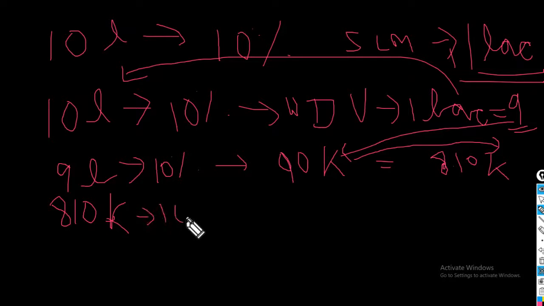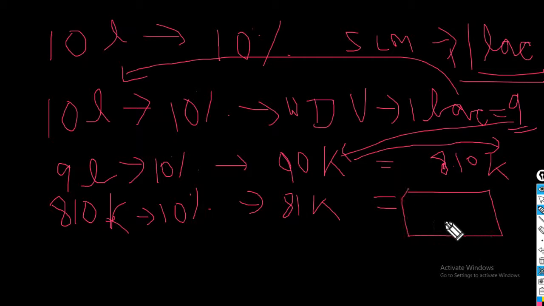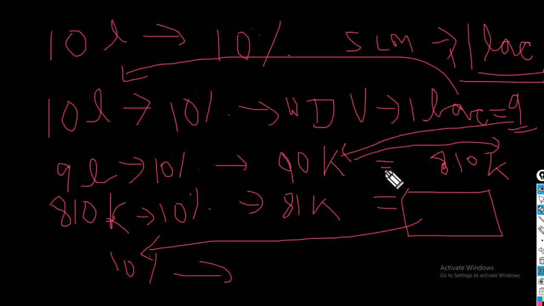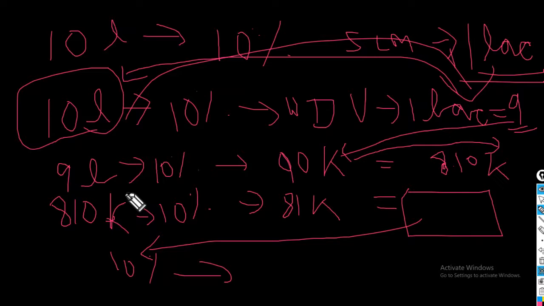Now next year it will be 8 lakh 10,000 at 10%, hence it will be 81,000 only. Reducing 81,000 from 8 lakh 10,000, whatever the amount comes to be, it will then be charged on this amount at 10%. So this is the series. It is not charged on the original price, instead it is charged on the depreciated value. This is basically the WDV method.